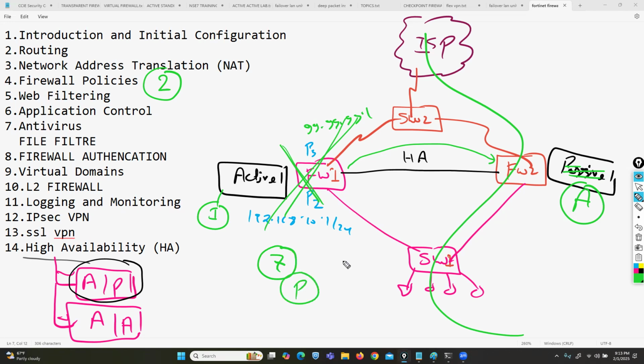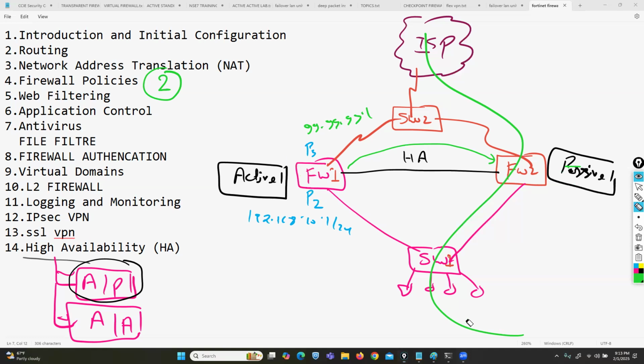So in an active-passive scenario, everyone, you can only utilize one firewall box in your high availability cluster. The rest of the firewall devices' status is what? Passive. In case you want to utilize all your firewall devices in your high availability cluster, then yes, you can go with